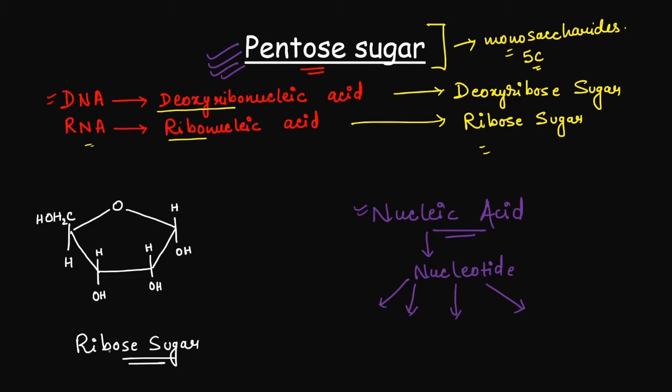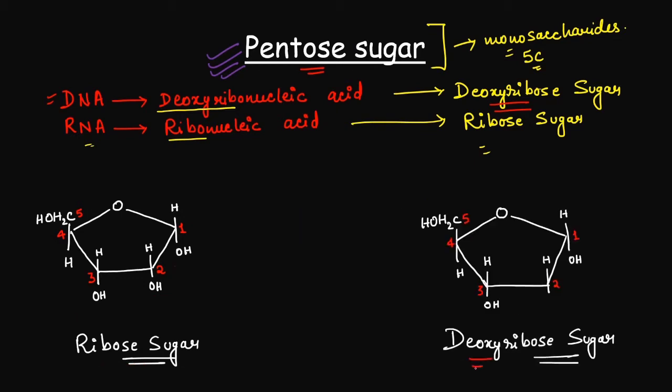So in case of ribose sugar, at this position in the acyclic form, there will be an aldehyde group. This gives this carbon the first position. This gets second, third, fourth and fifth. This is our ribose sugar. Now for deoxyribose sugar, the only thing you have to do is, on the second carbon there is a hydroxyl group. In case of deoxyribose, this hydroxyl group is replaced by just a hydrogen. This oxygen is removed in case of deoxyribose sugar.